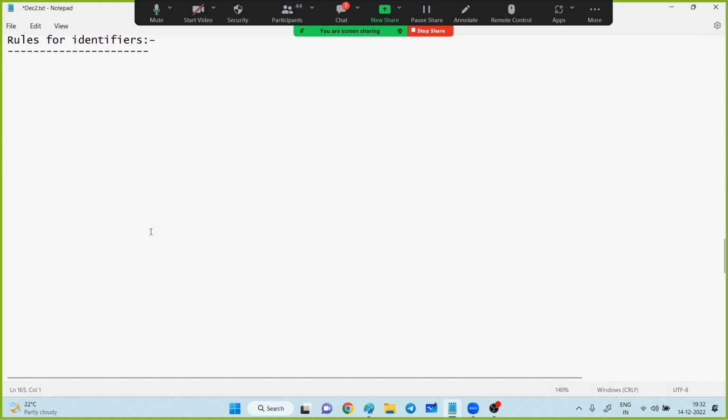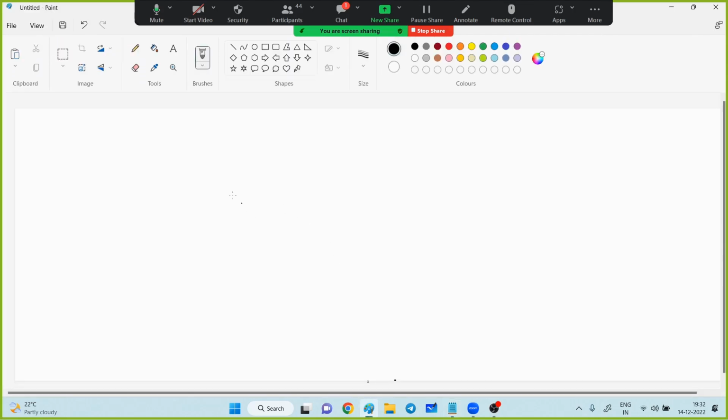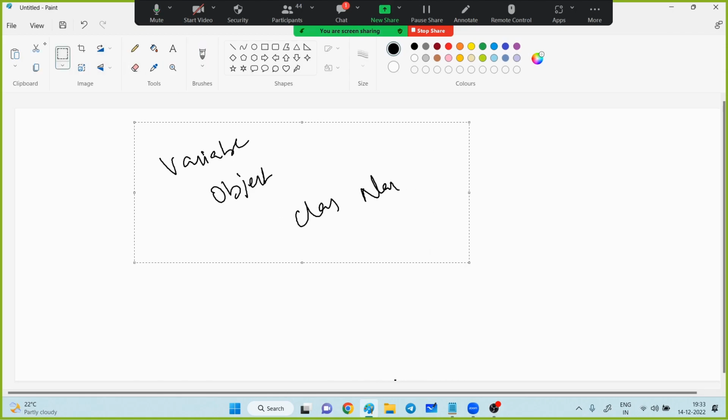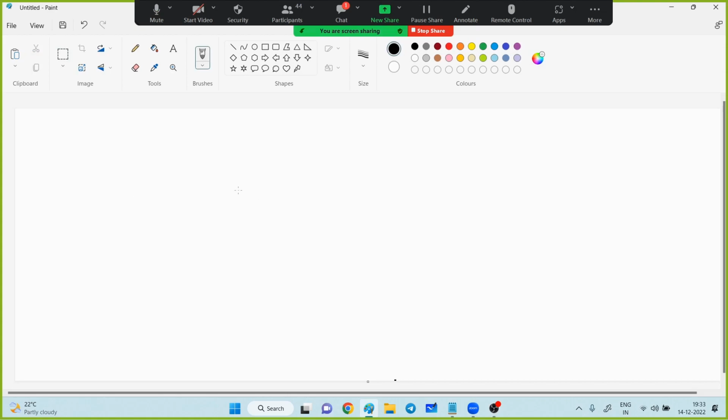The same way, in Java, we still have to follow some rules to provide a name. Either it will be a variable name, an object name, or a class name, any name you have to follow some rules. What is the first rule? Any identifier